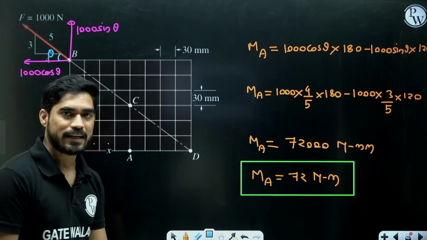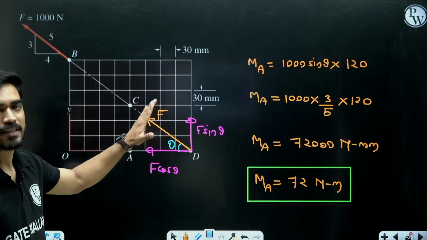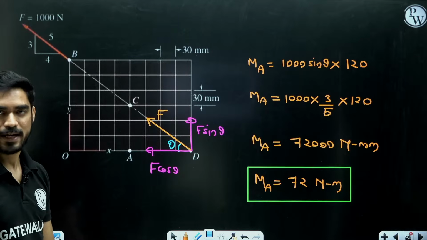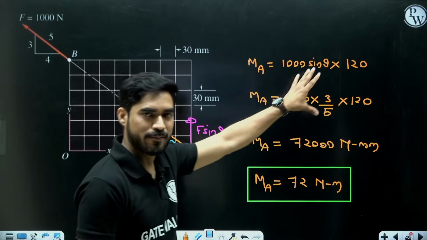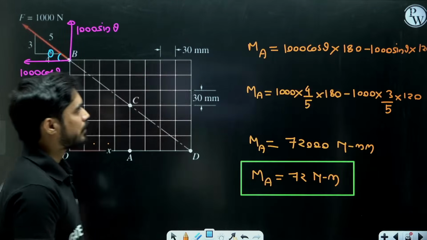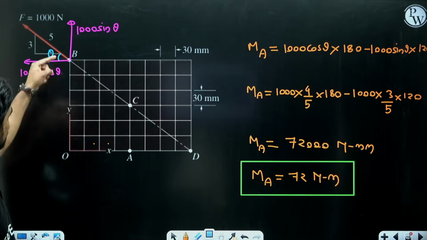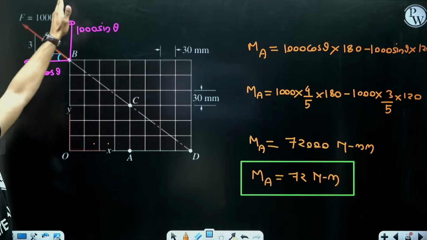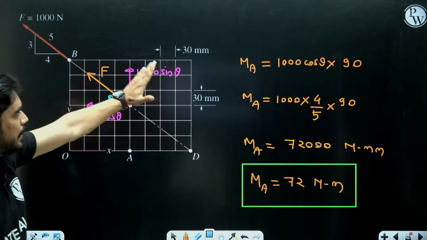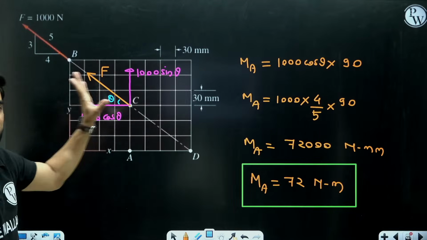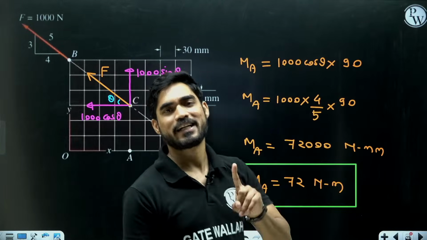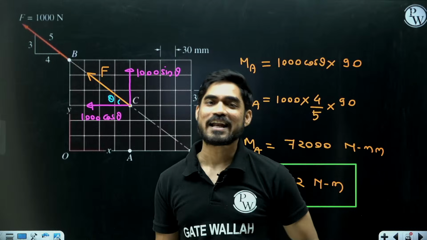You would say that in the second and third case it was easier because one of the force components was passing through A. So our calculation became easier, right? In the first case, when we were resolving it at point B, we were getting the moment of this as well as this. But in the second and third case, we were getting the moment of only one component. So you can use this principle of transmissibility in order to reduce your calculation.